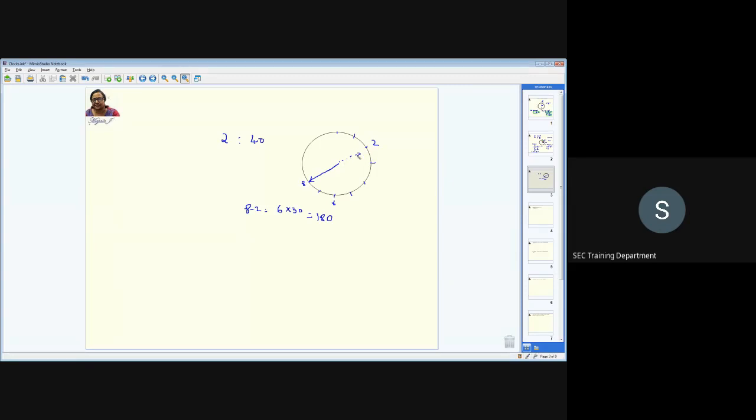But the hour hand would have moved for how many minutes? The timing is 2:40. Exactly at 2, it is at 2. After that, the minute hand is moving for 40 minutes. That means the hour hand is also moving for 40 minutes. And if it moves half a degree for every 1 minute, that means it has moved by 20 degree.